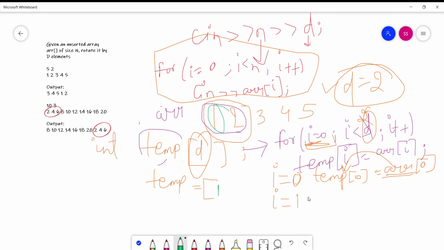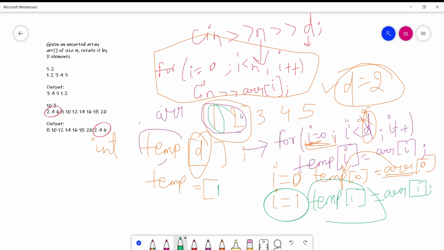After that, the value of I is equal to 1. When I is equal to 1, it becomes temp of 1 equal to ARR of 1. It means that the element at the first index will be copied at the first index of the temp array.